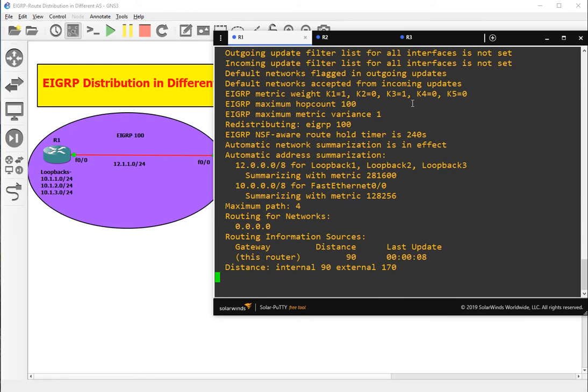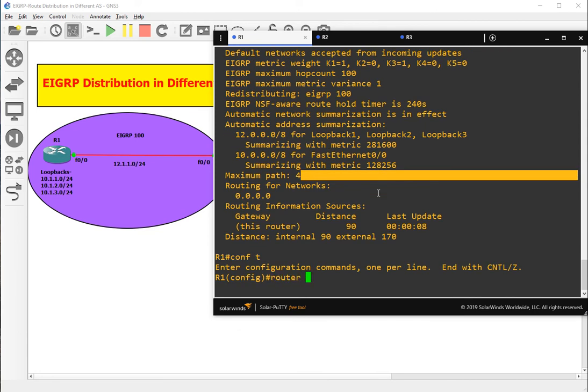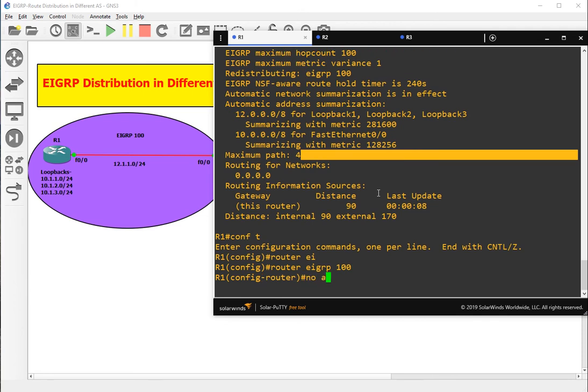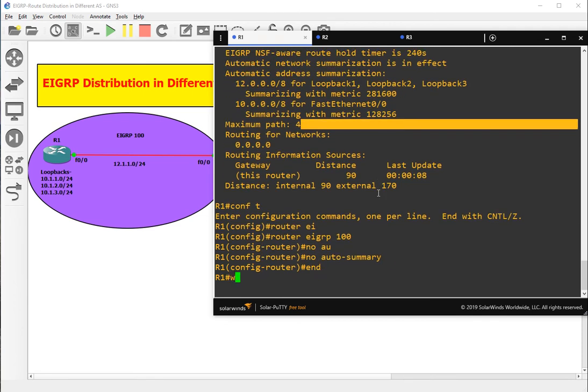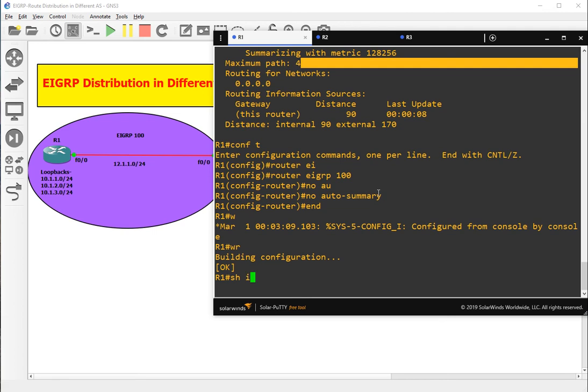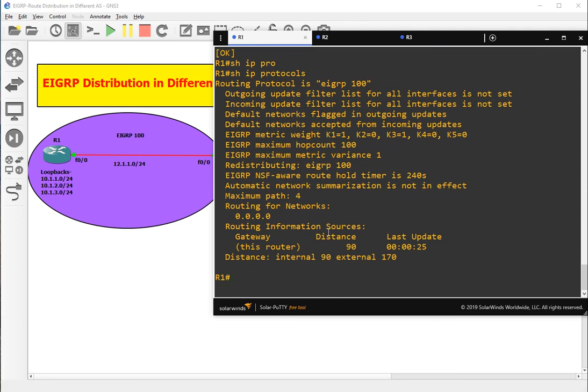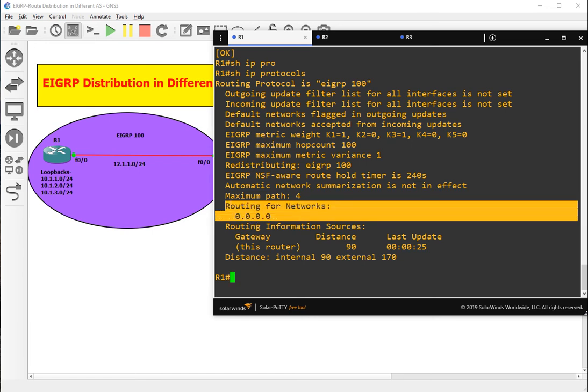Now EIGRP is running. Wait, we will do no auto-summary also. Router EIGRP 100, no auto-summary. Write show ip protocol. Now we can see that it is using EIGRP for all the networks.